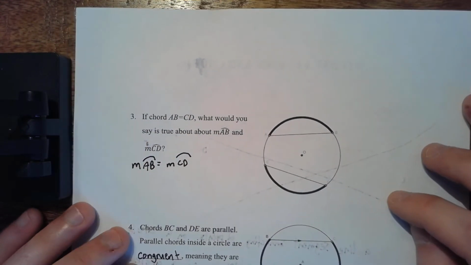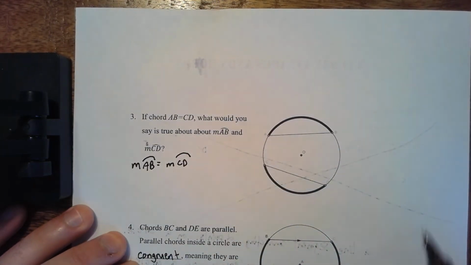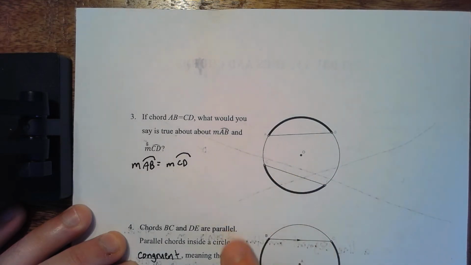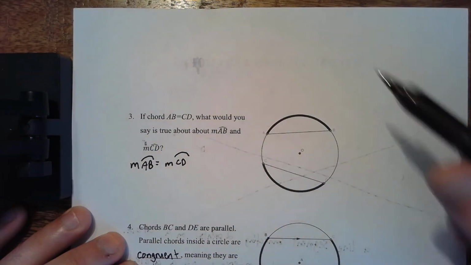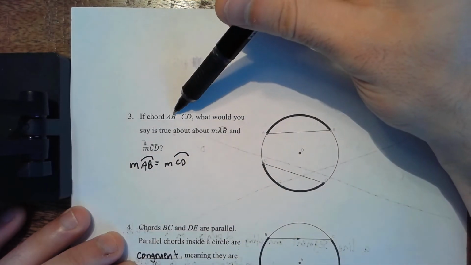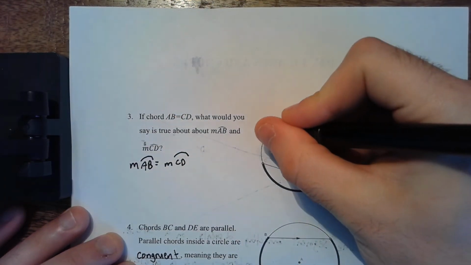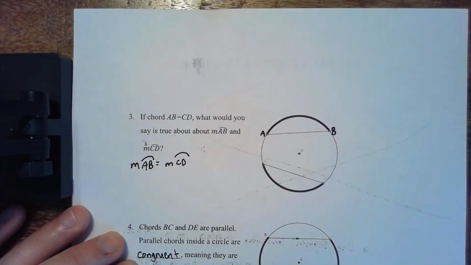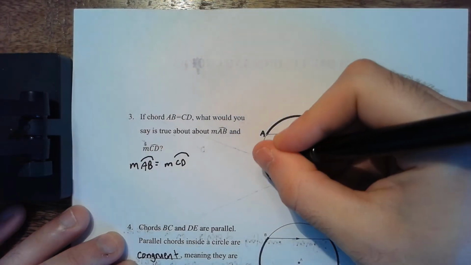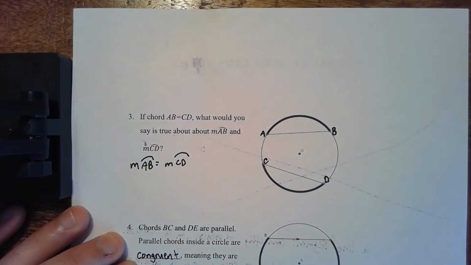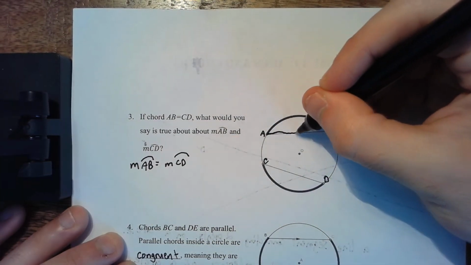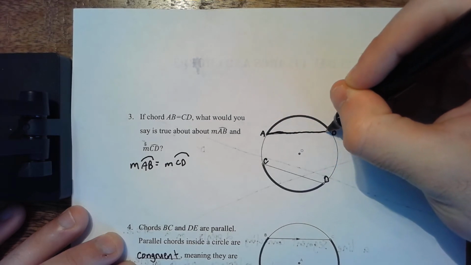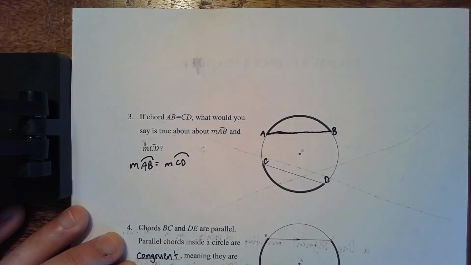So number 3 says, and I'm just now noticing that this is really thick ink and it's starting to kind of bleed through, so if it makes it hard to read, I'll fix that next time. So if chord AB, so it's hard to read, here's A and here's B, and then that says C and that says D. So if chord AB, so if this, oh, that was not a straight line, if that chord